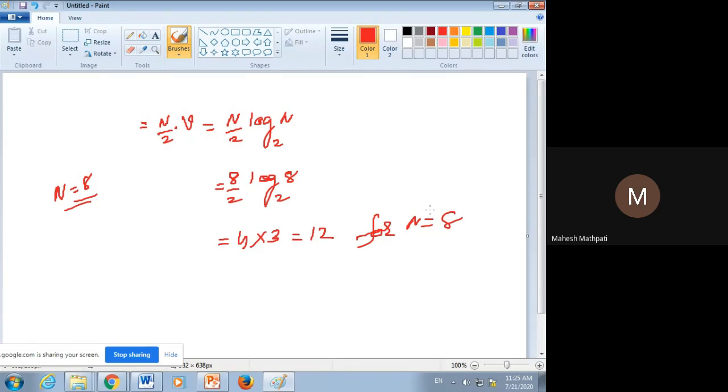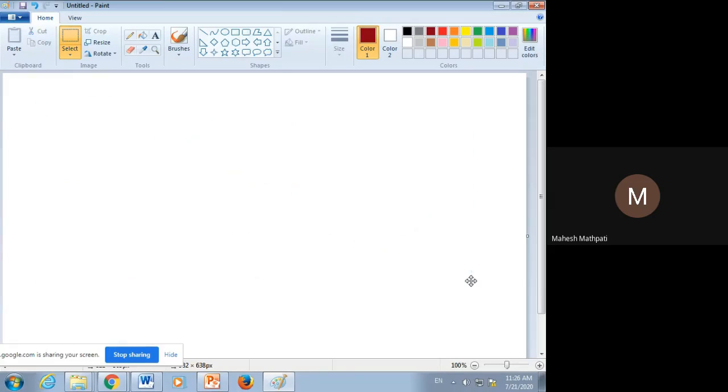Are you getting this point? Yes, sir. The total number of butterflies required for n equals to 8 is 12. Just write one more line. Hence, number of addition and multiplication will be, so the formula for this is again, just write, the complex multiplication is equal to,